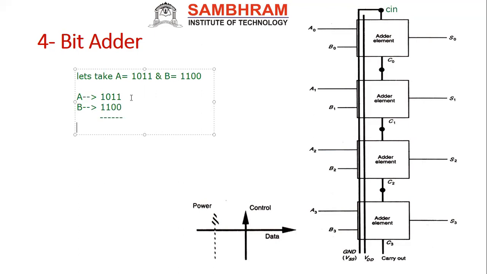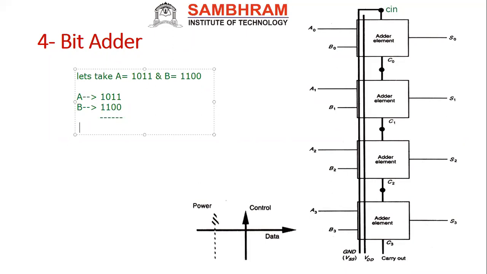So that is why we won't give the Cin externally. So how can I give that? It is simple: the Cin is 0 or 1. I connected it to ground and VDD. Ground means Cin is equal to 0, VDD means Cin is equal to 1 logically. Just for simplicity's sake we took it here. So now the Cin is connected to ground, meaning Cin is equal to 0.